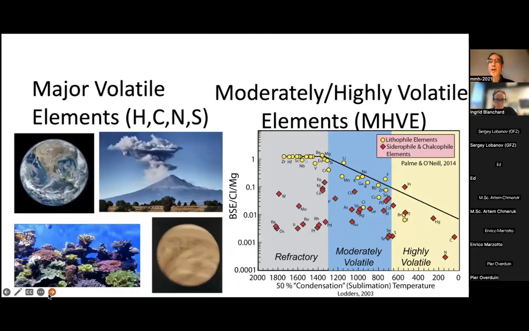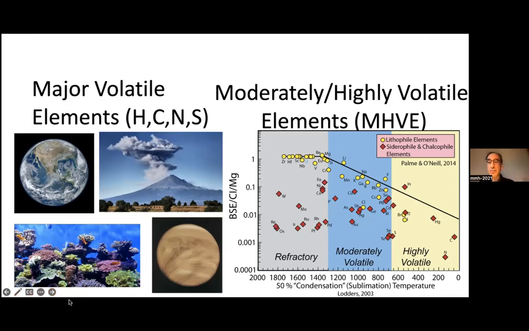And so if any of you are cosmochemists or planetary scientists, I want to make sure that I am understood when I talk about volatile elements. For the most part, during this talk, I will be talking about the major volatile elements: hydrogen, carbon, nitrogen, and sulfur, and really principally carbon. But of course, there are many other elements that have a certain amount of volatility in chemical systems, which is to say they have a tendency to evaporate. And these are known as the moderately volatile elements, for example, to people who work on meteorites. For the most part, I'm going to be talking about major volatile elements, and really principally carbon.